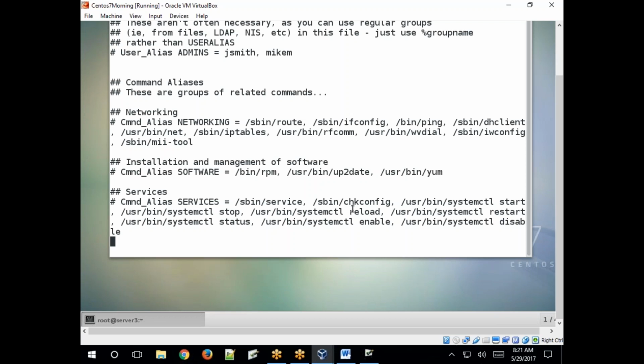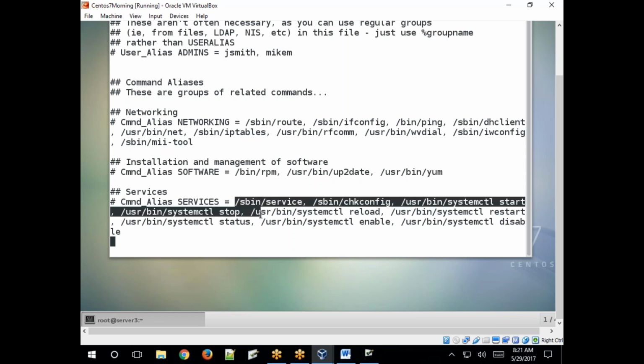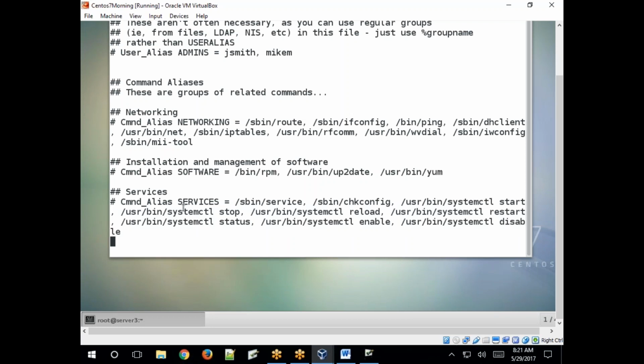Okay, so only the administrator can do that. He can restart the service, start the service, reload the service, and check the status of that service. Can a normal user perform these kinds of actions? So how to allow a normal user to restart the service, start the service, or turn on the service at boot time? Then add these commands. Instead of adding all these commands, here one predefined alias name is created. You just need to uncomment this, use this name, add the user, and specify that alias name. I will show you how to add that.